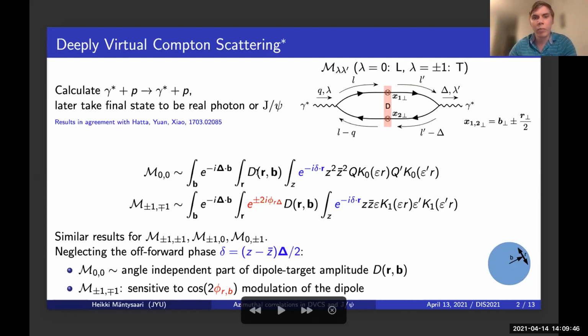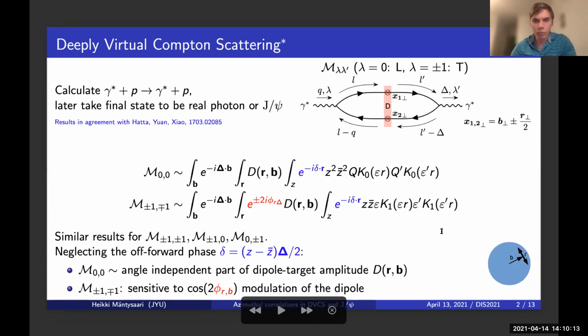And the only thing I want to point out is that this is approximately only probing the dipole target scattering amplitude, the part of the dipole amplitude that does not depend on the angle between the dipole size and the impact parameter. And if this blob here on the right is the proton, then you can see that the impact parameter points from the center of the proton to the center of the dipole, and then R is the